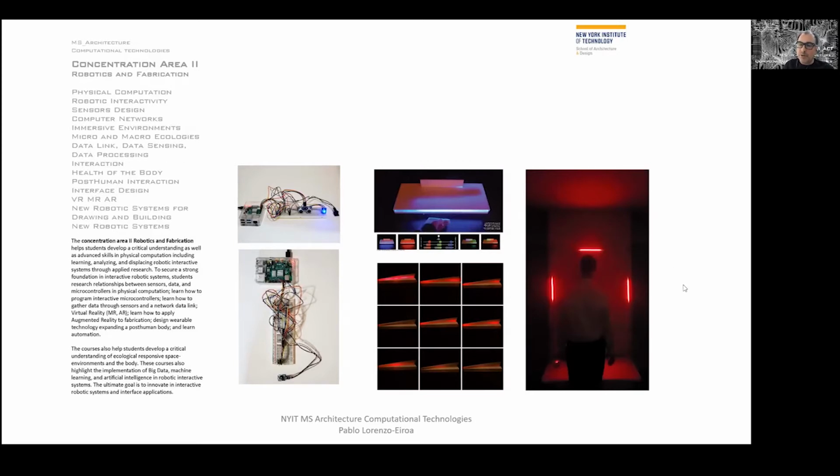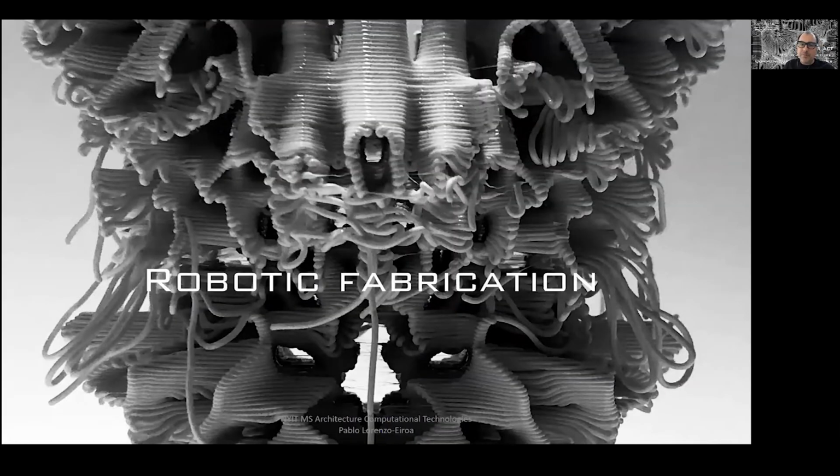In addition to that, if some of the students are interested, the second part of the second area of focus, which is robotic fabrication, we're going to be looking not only at the technology of fabrication available through robots, 3D printing, and different types of printing methods, such as Kevlar printing with fibers, or concrete, developing our own concrete mixture and designing them and building them through robotics.